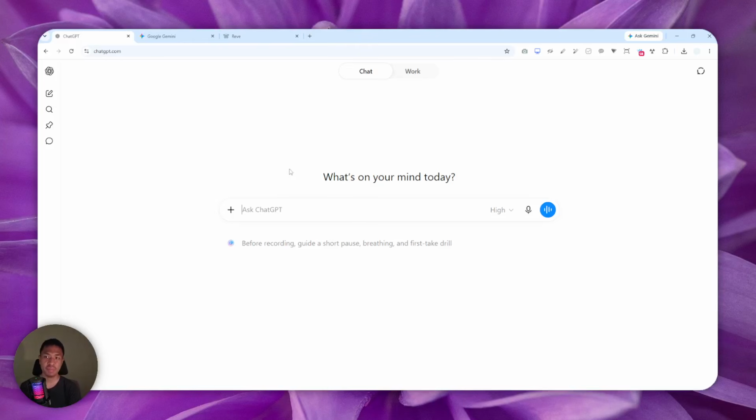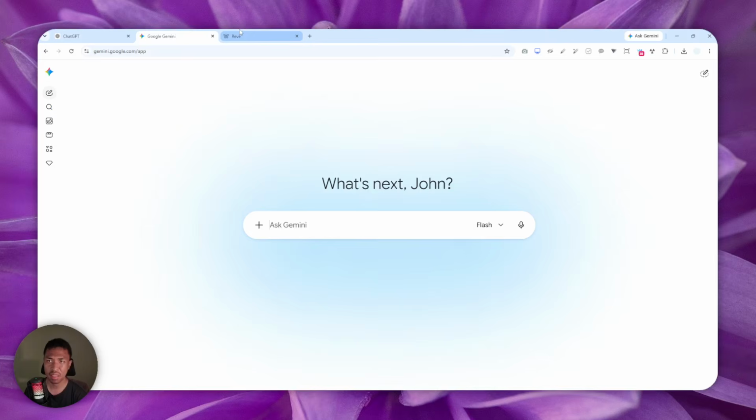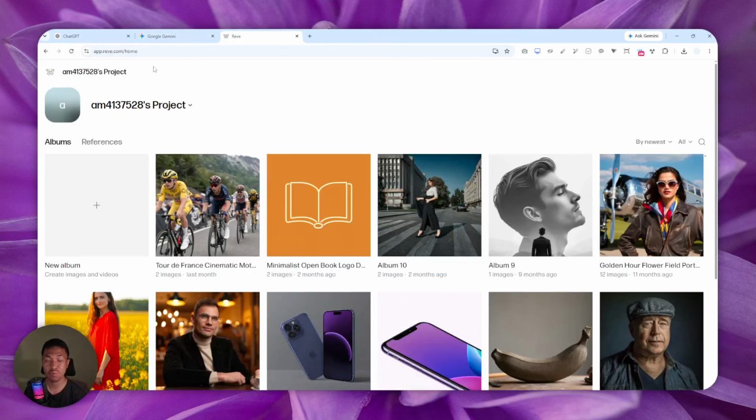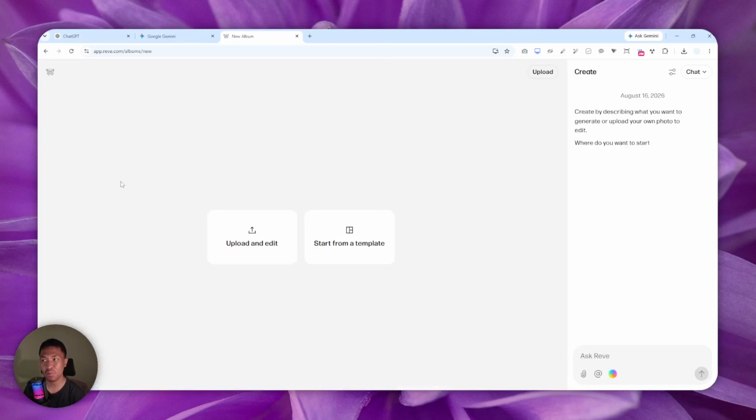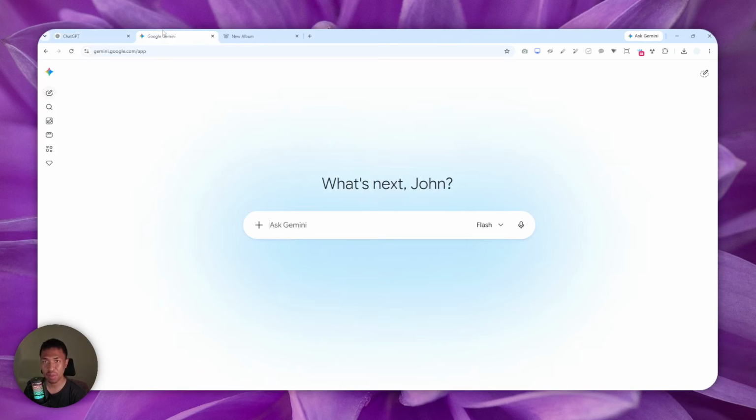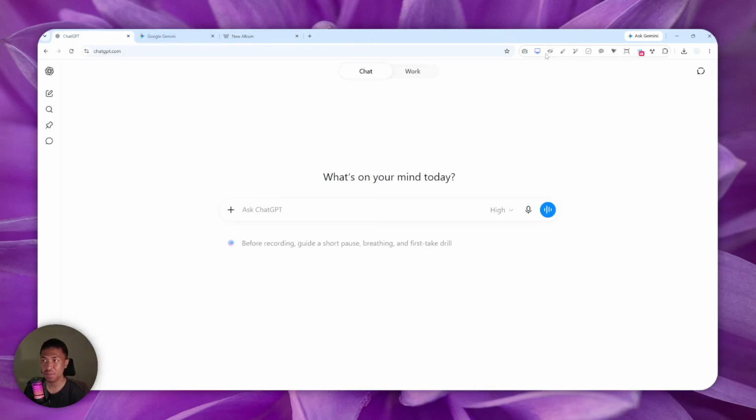So what is the best AI tool for image editing? I have ChatGPT, Gemini, and another AI tool called Reve. This is not very popular, but this is actually one of the best that is available right now. So in this video, I'm going to compare the three big AI models for image editing, and I do have